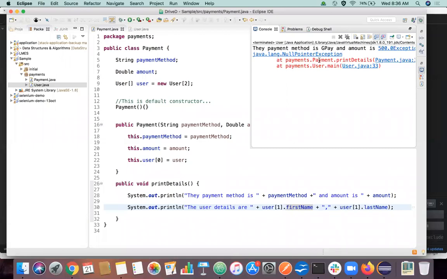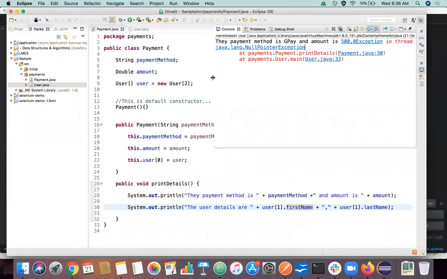Because once you don't handle null properly, it's going to be a very big problem at the execution level. This kind of project is simple, so we can identify easily where the null pointer exception is. In a large project, you cannot identify it so easily. Whenever you use some if statement, you're getting an object, you should always do two checks. You have to do a null check, and you have to do an empty check. So these are the two important checks, right?